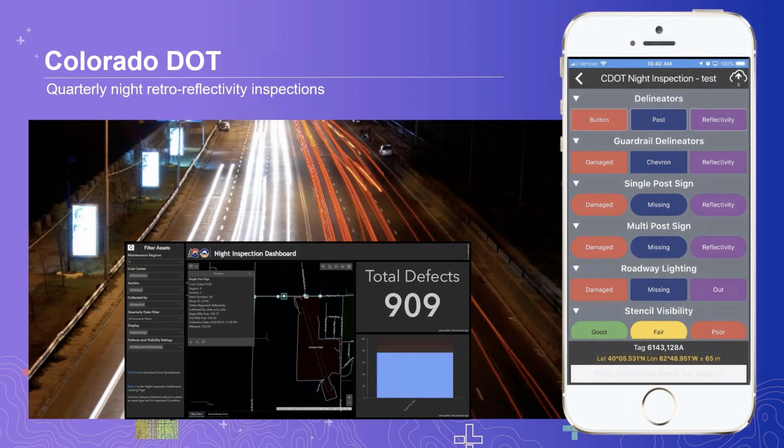Another example, and you will see an example of this particular application, we call it QuickCapture. It was originally developed for workers in a truck driving down the highway at highway speeds, being able to collect information safely and accurately using their iPad or their iPhone as they drove down the roadway at highway speeds. And so again, that information is brought back into an executive dashboard, and seamlessly brought back into